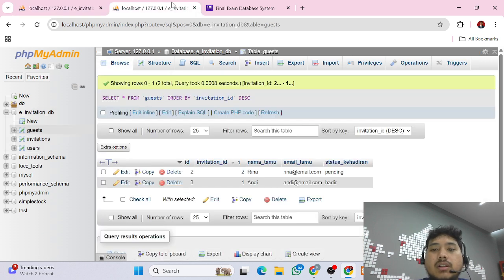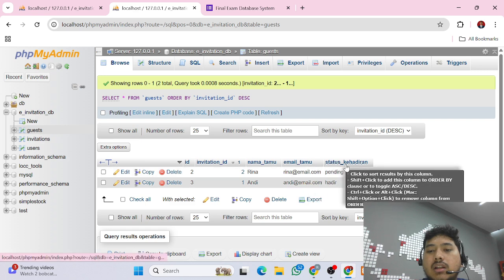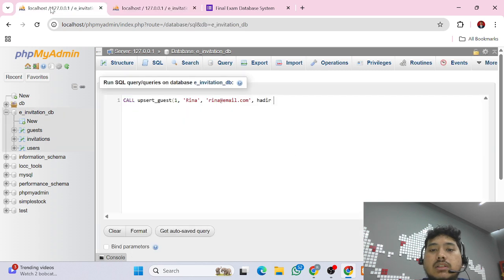So we will update Rina in our table, whose status is still pending, to hadir, to attend.